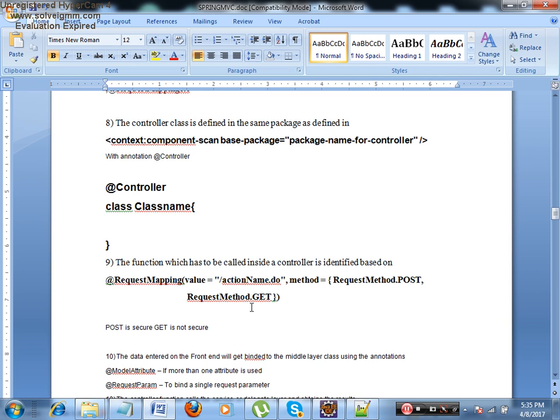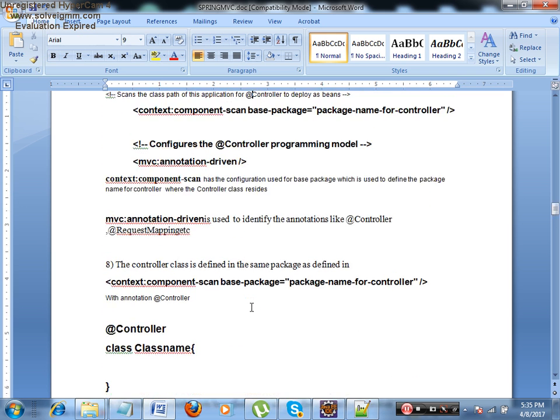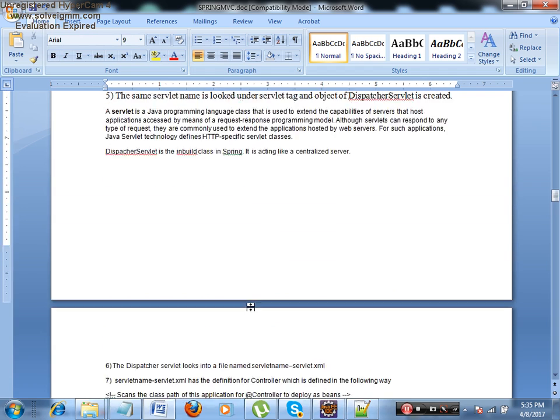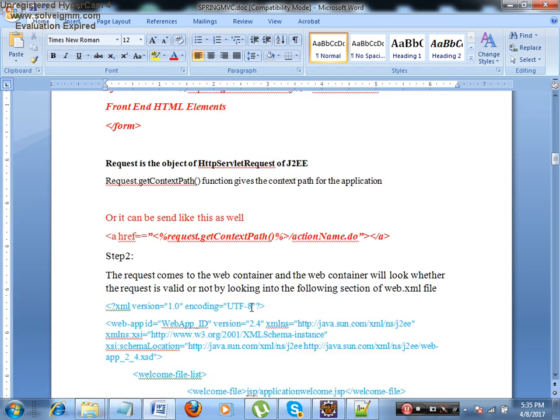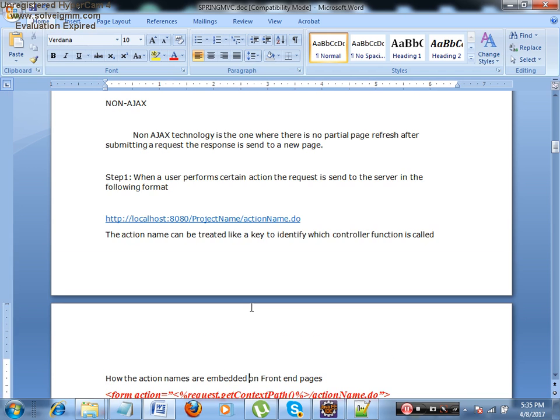My question is, how will you identify what function of a controller will get called from a front end? Just now we studied that. On the front end, we will have something known as form action.